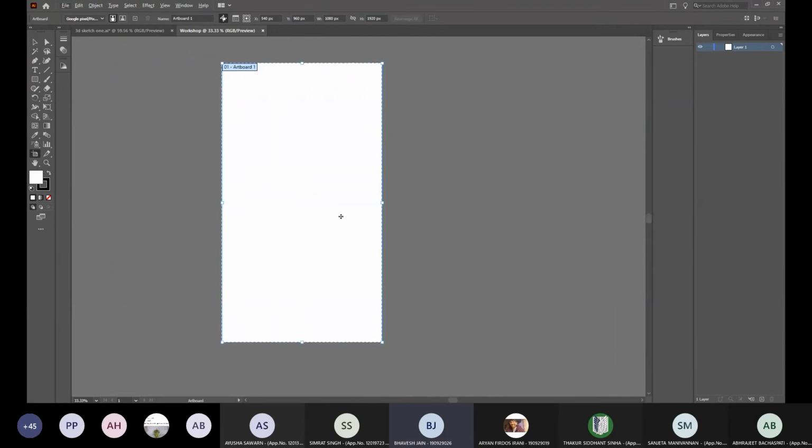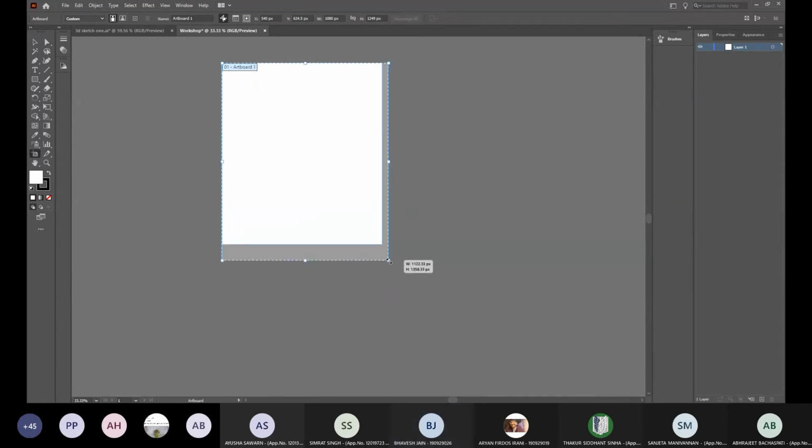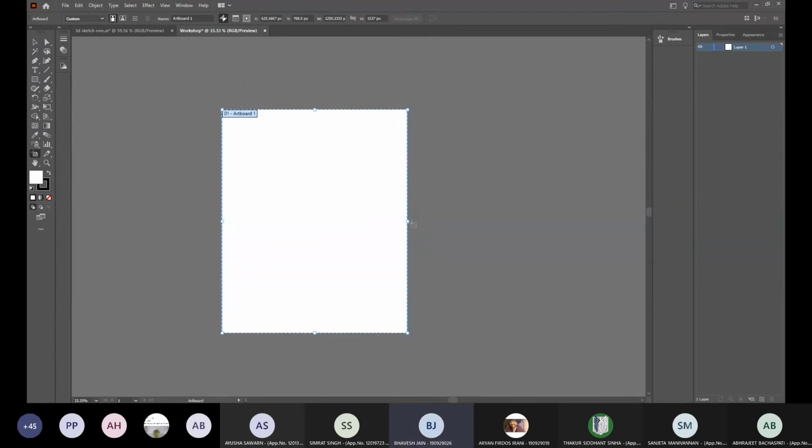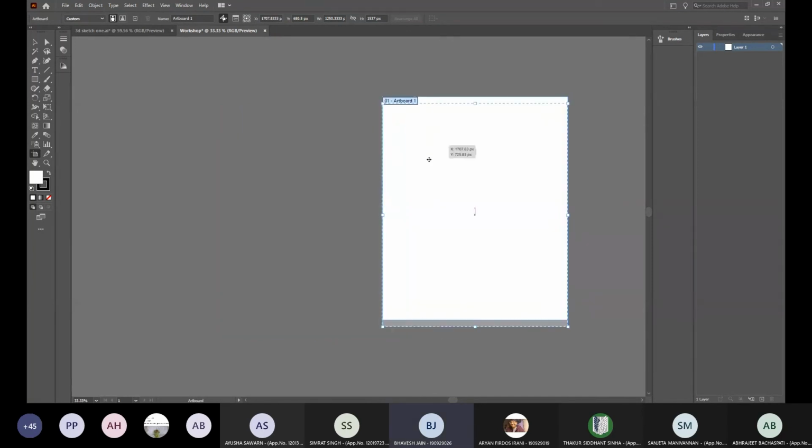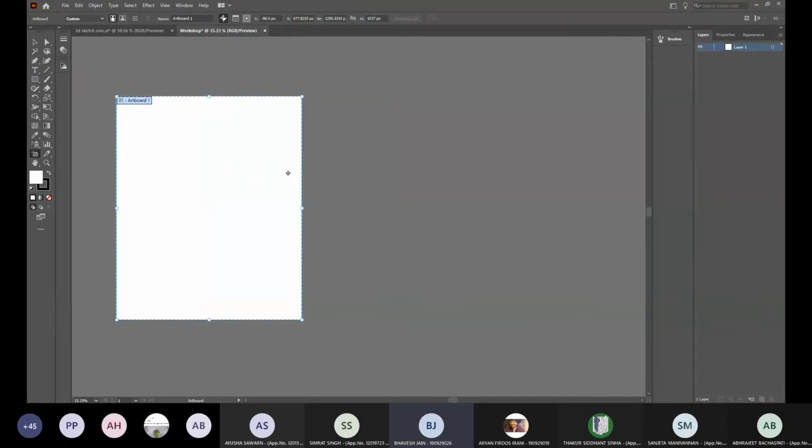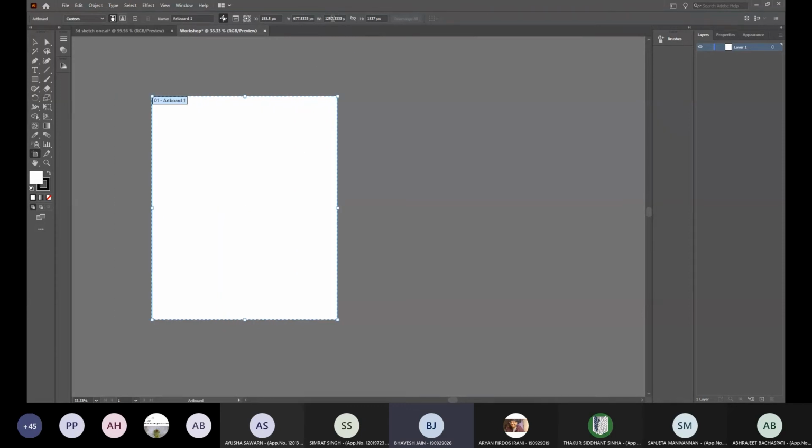So here you are, and for instance, you want to vary the size. Either you can drag it, just like how you resize any image, and you can even drag it around your entire working space, and you can even change all your parameters from here. So suppose I want a 1080 by 1080, which is perfect for Instagram posts.